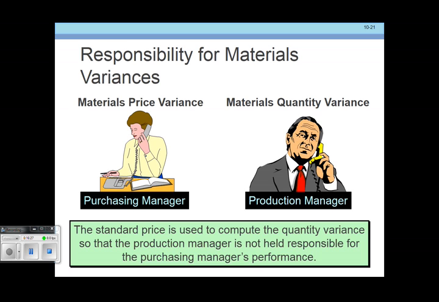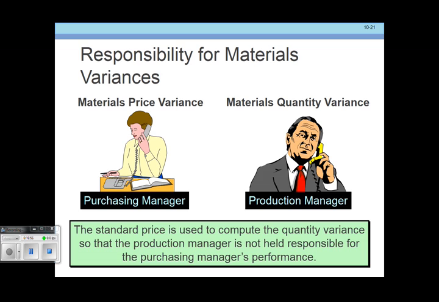Now, the reason why we do this is material price variance, as I already mentioned, is usually the responsibility of the purchasing manager. And the materials quantity variance is usually the production manager's. To be quite honest, there's usually some finger pointing that goes on here because the production manager goes, well, you bought cheap stuff, and that's why I had to use more. And then the purchasing manager says, if you would have spent additional money on higher quality products, then I wouldn't have used as much. But it gives us a spot to look for